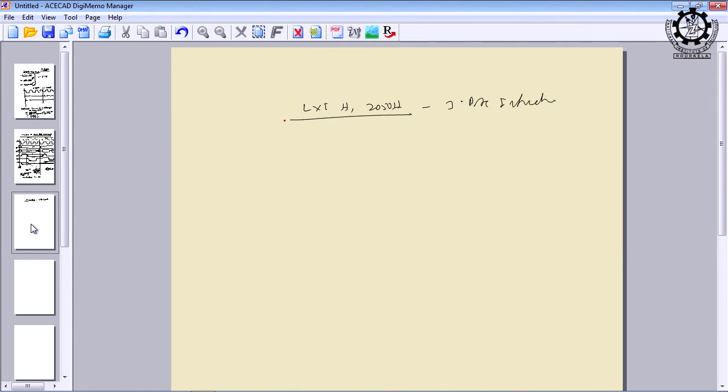Similarly, for other types of instructions, for example, you can find out the timing diagram for LDA 2050H. The only thing you have to understand is the timing diagram for a 1 byte instruction, for a 2 byte instruction, and for a 3 byte instruction. Okay, because the maximum number of formats is only 3: 1 byte, 2 byte and 3 byte. Is it okay? So, in general, this will take 4 clock periods, this will take 7 clock periods and this will take 10 clock periods.